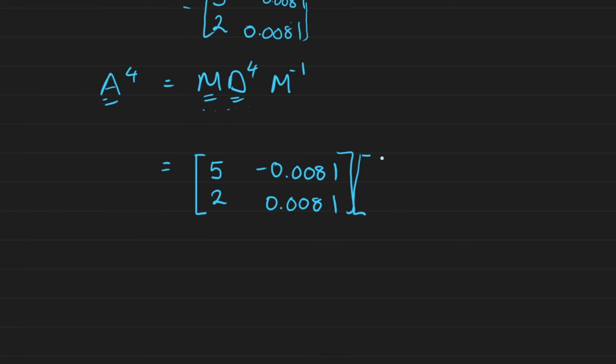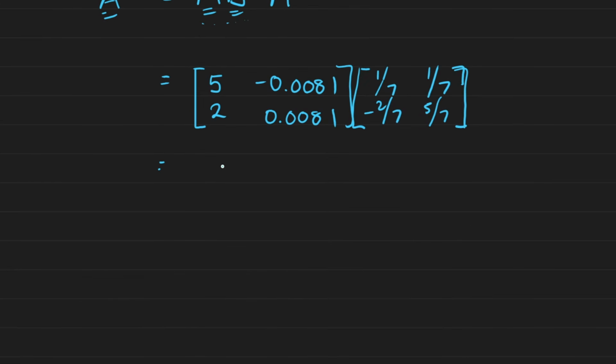So that was 1 over 7, 1 over 7, and then we had minus 2 over 7, and 5 over 7. So if we just multiply out this matrix as we had done previously, it's going to be 5 times 1 over 7, plus minus 0.0081 times 2 over 7. So the minus and the minus will give us a plus there. So if we do that, we then get